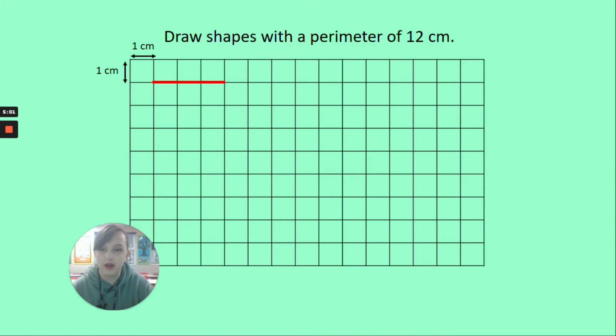So here's my first shape, and so far I've got 3 squares across, 2 squares down, so I'm on 5, 1 square in, I'm on 6, 1 square down, I'm on 7, 2 squares across, I'm on 9, and 3 squares up to make 12. This is a shape with a perimeter of 12,